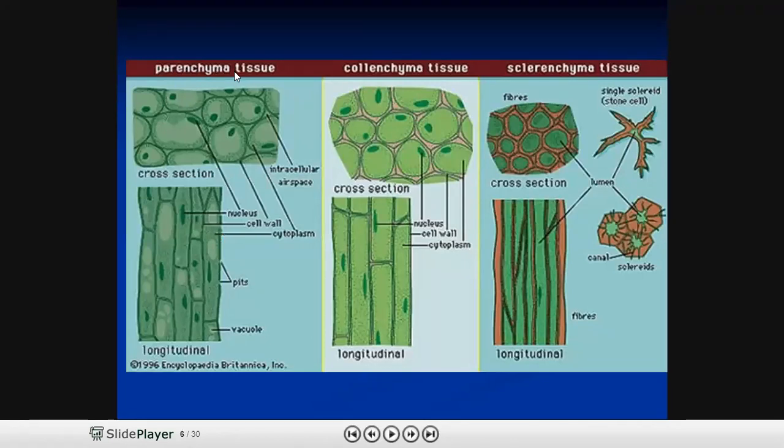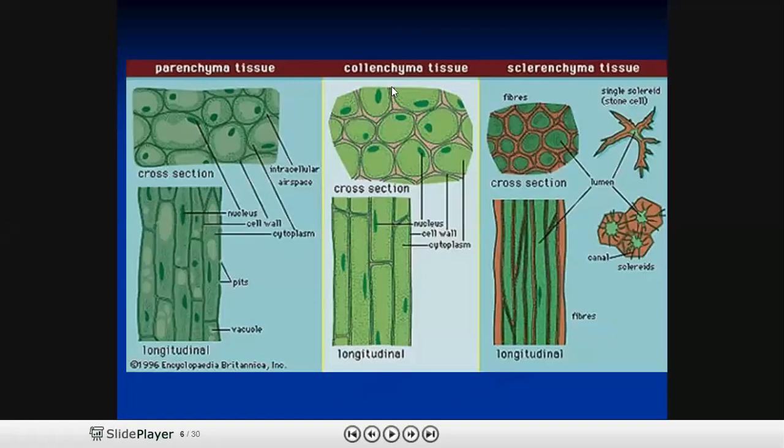This is the parenchyma. This is the homogeneous mass here. This is the cross section, and this is the longitudinal section. In the cross section, we can look at this: here is the cell wall, this is the protoplasm, and this is the nucleus. Due to the globular structure or irregular shape, in between each cell we can find the intercellular space here. The cell wall is also very thick. So this is the longitudinal section, and this is the cross section.